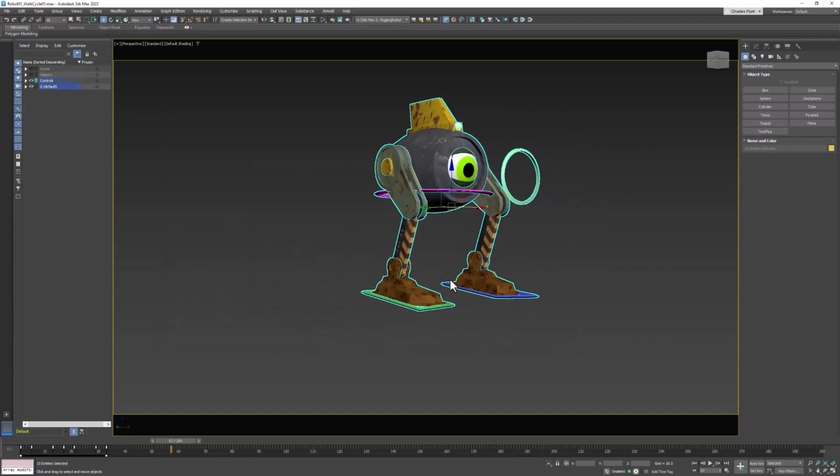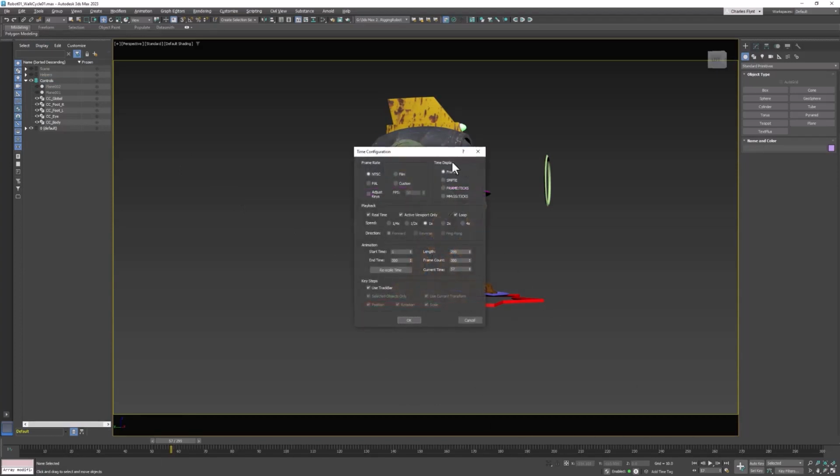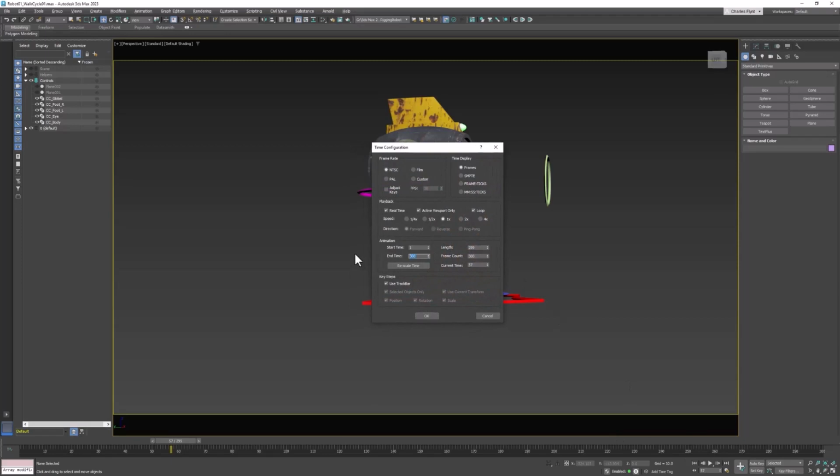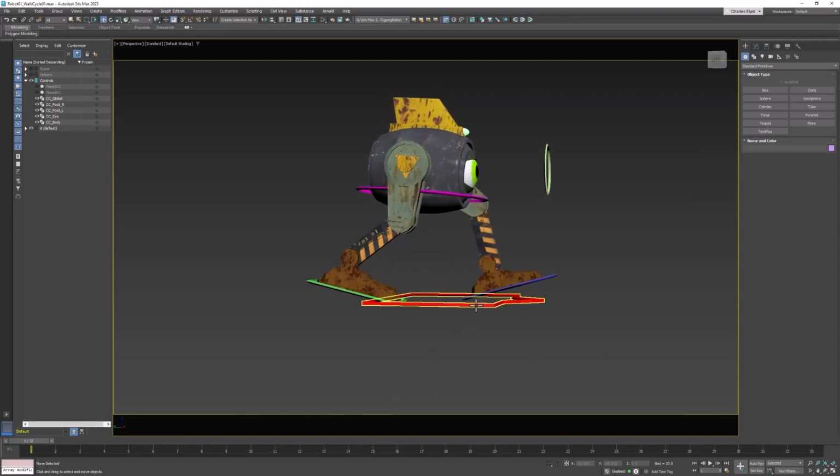So now what we need to do is make him move forward. And to do that, we're going to use the global controller. If you have it hidden, open up the controls layer and unhide the global controller. Then right-click on the timeline and go back to 33 frames, and take your playhead and put it at the beginning. Select the global controller. Go to Set Key and click the big plus sign to set a keyframe for the